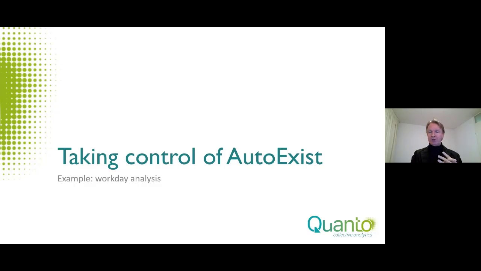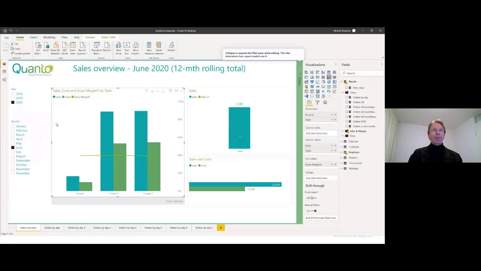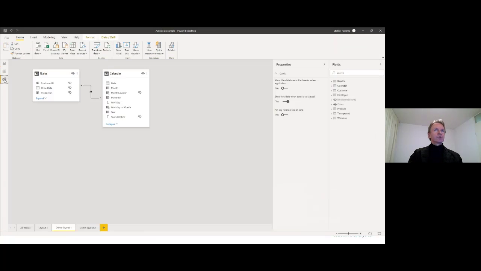And what I want to do in the rest of this session is actually guide you through a practical example where we encounter AutoExist in a, well, maybe surprising way. So what I'm going to do is switch over to Power BI Desktop again, and